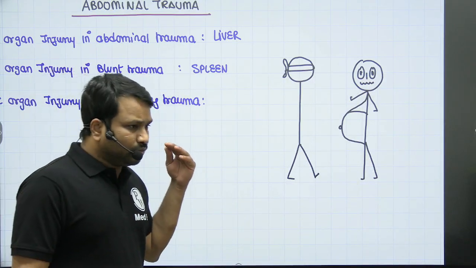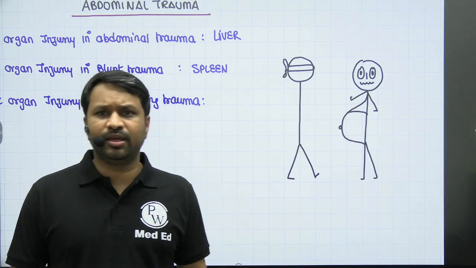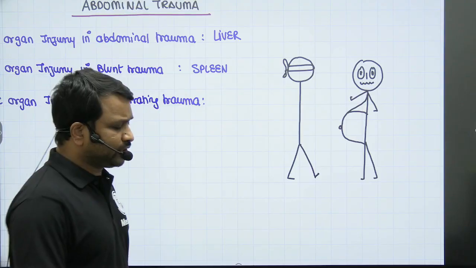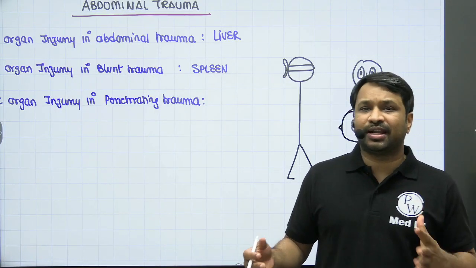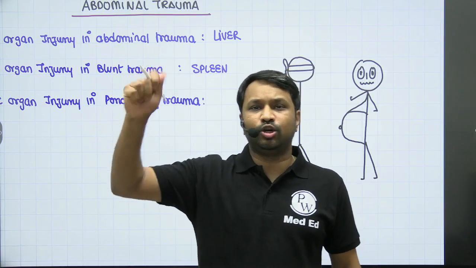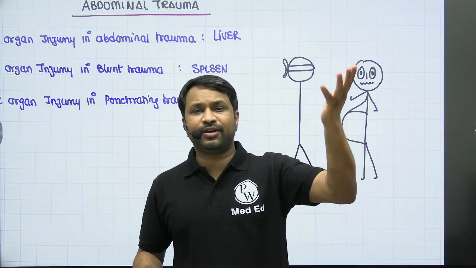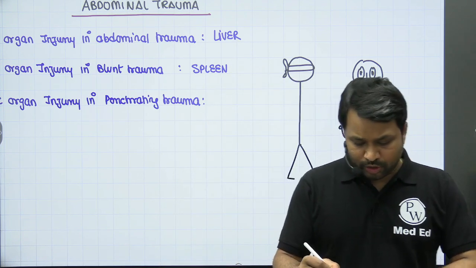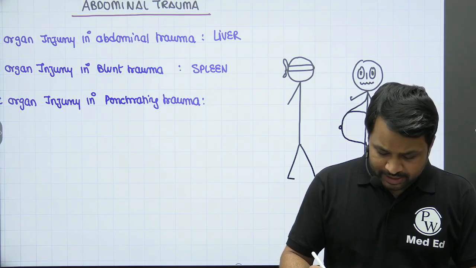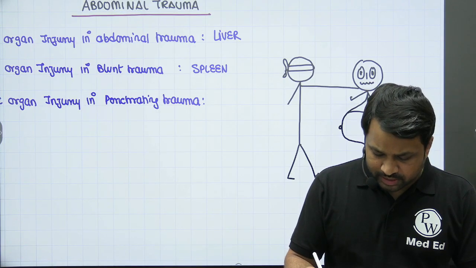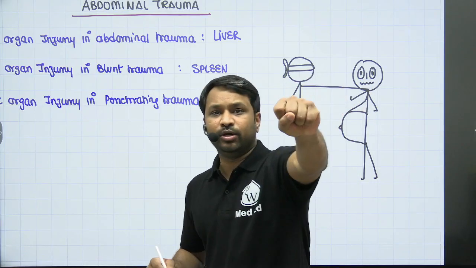Let's say he has a weapon in hand, a knife or something, and he wants to stab this guy and kill him. What is the first thing he's going to do? Majority of us are right-handed, right? So obviously the right hand is going to be holding the instrument, or I can say weapon, and the left hand is free. The first thing you're going to do is make sure this guy does not run away. So with the left hand, I'm holding the guy.